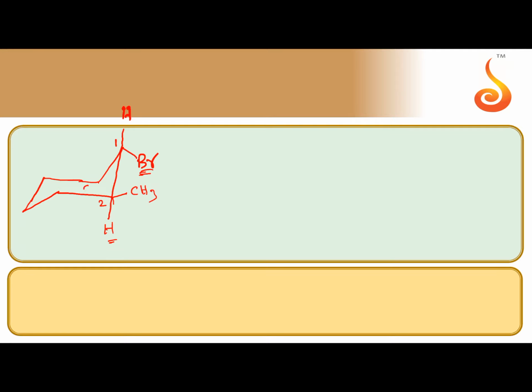That's why just observe the sixth carbon, the left side beta hydrogen. Here two hydrogens are there, one is in the axial position, another one is in the equatorial position. So from the left side beta carbon, from the sixth carbon, hydrogen is eliminated even though it is going to give Hofmann product. So ethoxide prefers to take the beta hydrogen from the left side beta carbon. The CH bond pair is dropped between carbons 1 and 6 and Br minus is eliminated.